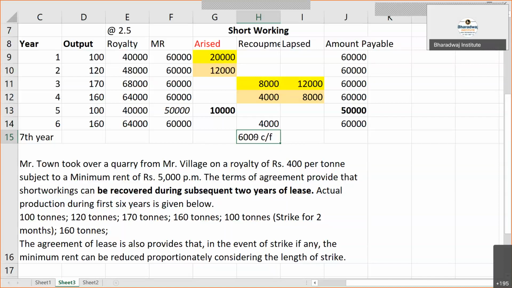When will we prepare ledger accounts? Wait. Don't be in a hurry. If you do a ledger account for one sum, then you will say, sir, we don't need it for the second sum.